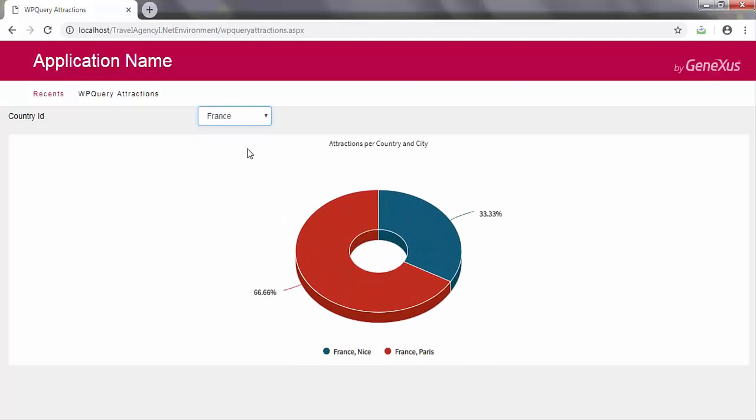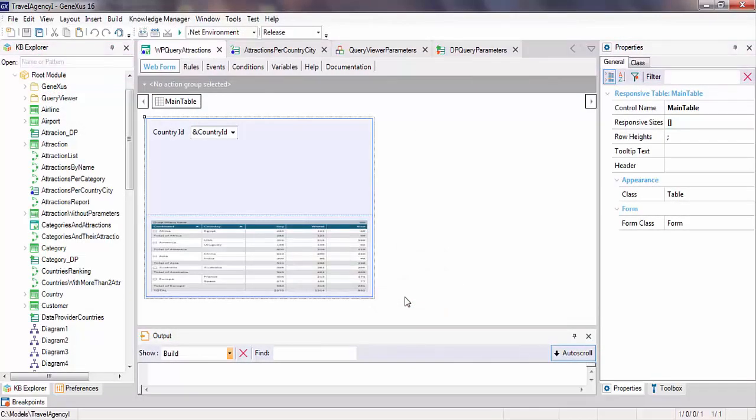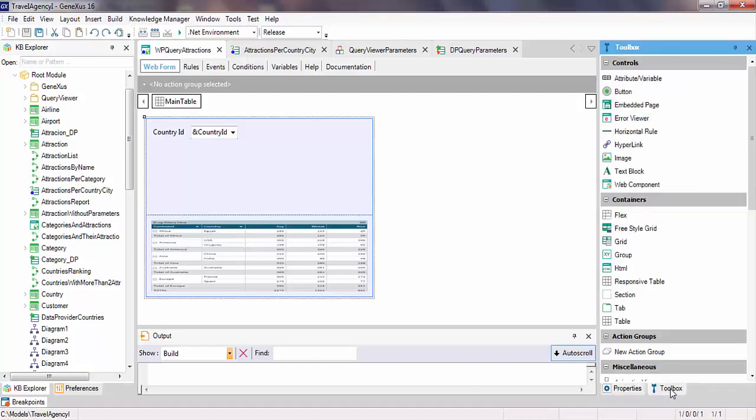Now let's take a quick look at the possibility that we also have for selecting, in runtime, the type of output for the query. In our example, we'll consider that the user wishes to have the possibility of deciding between viewing the output as a chart, as a table, or as a card. So we define a new type variable.